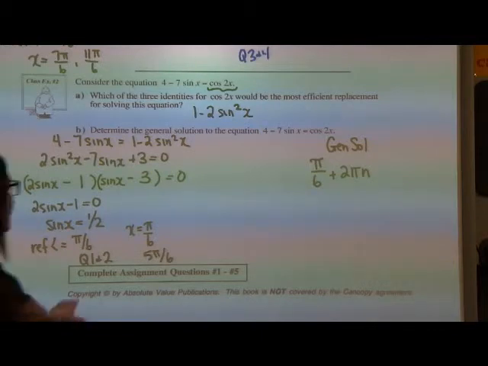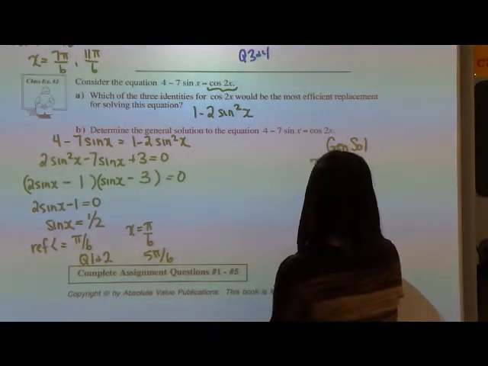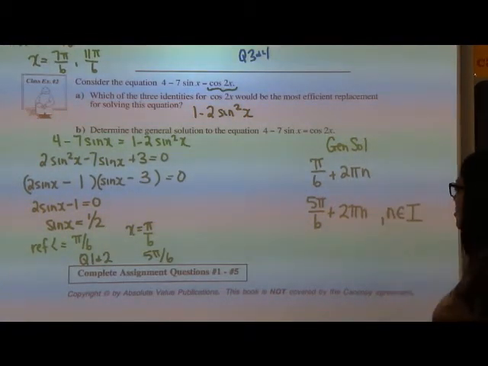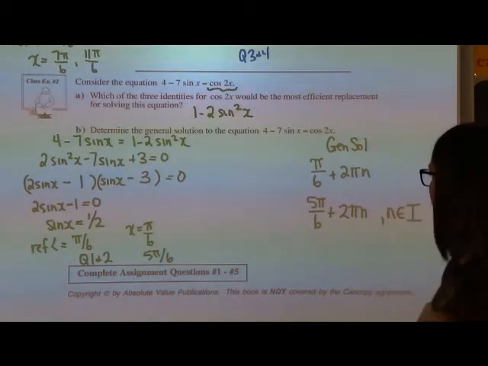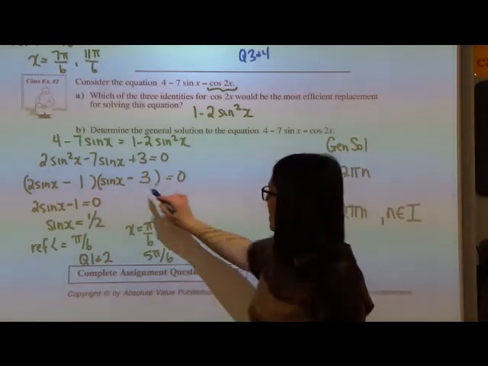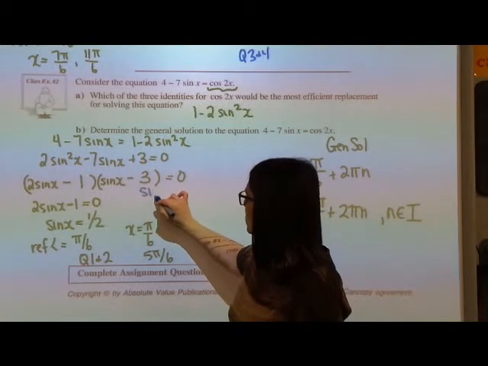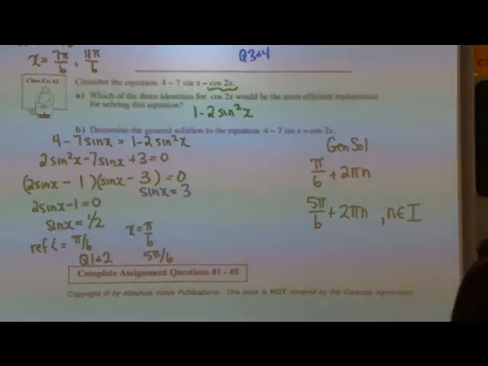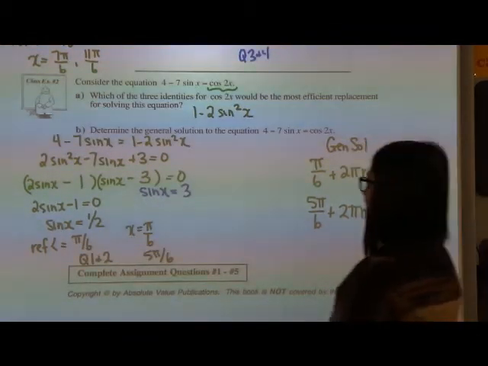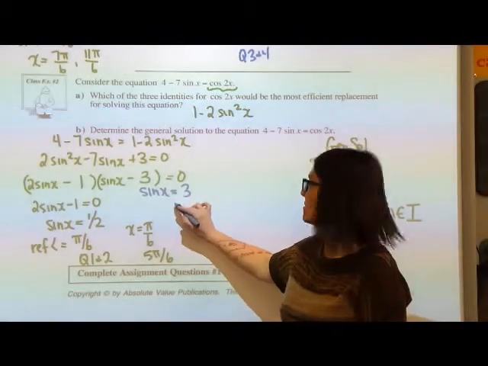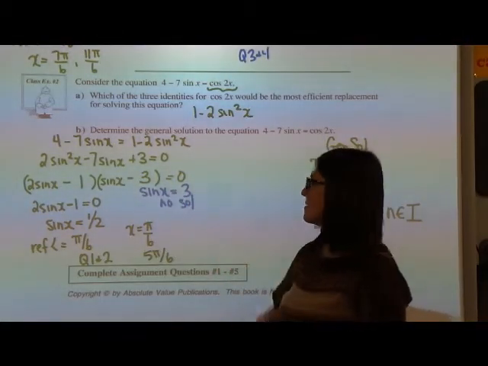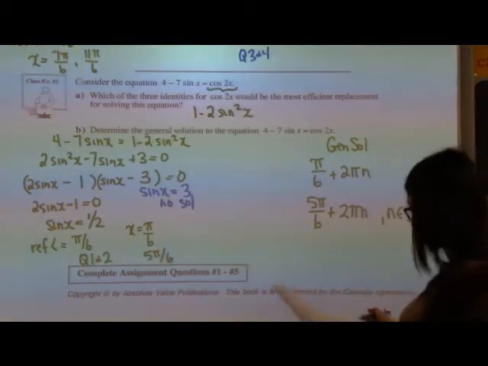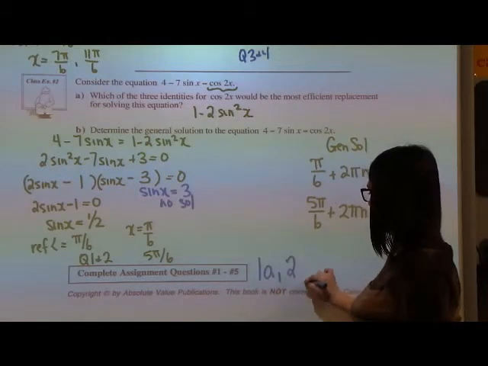Okay? And then the 5π/6, same thing. And then n has to be an integer. Okay, now let's look at this other one. sin x minus 3 equals 0. I get sin x equals 3. Is there a solution for this? No. Why not? Because sine can't be greater than 1. Okay. So your questions, 1a, 2, 4,